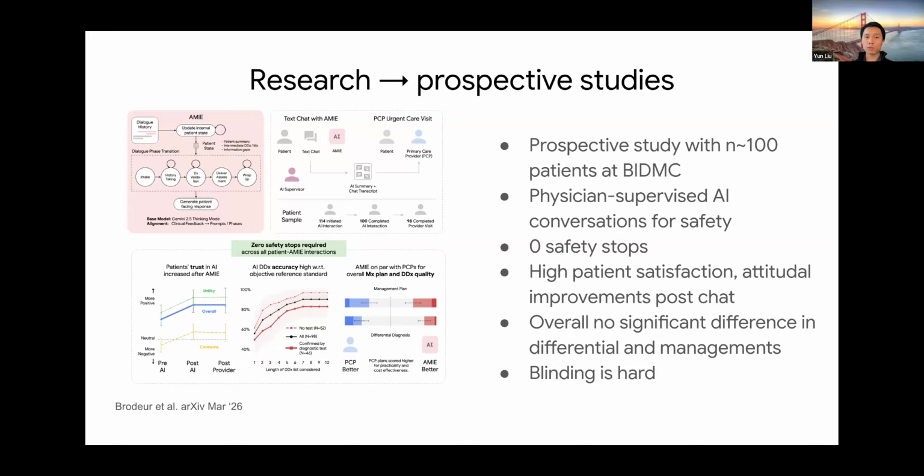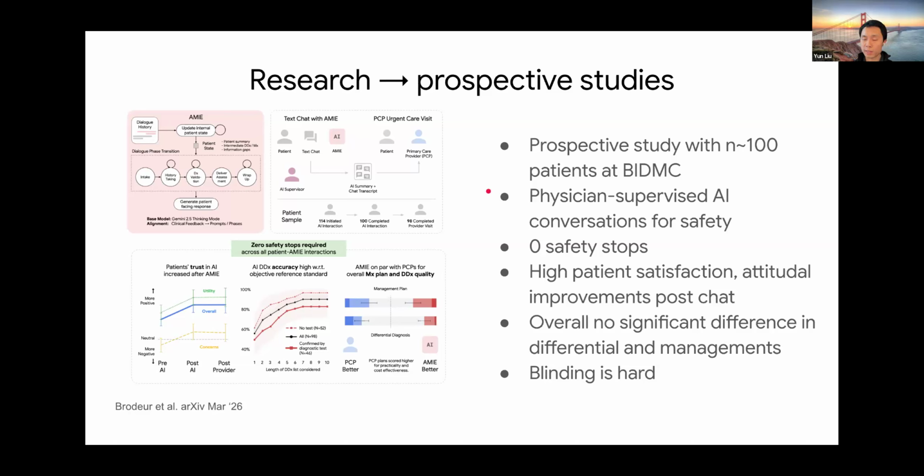Recall that the previous slides dealt with patient actors in a retrospective study. The patient actors were enacting scenarios. These were not their real concerns, so there's no real chance that they will act on any information they're learning, because that's not their concern to begin with. Here, in a prospective study, we studied real patients who had real urgent care visits and gave them access to the AI to have a chat, and then we saw if those chats were actually safe.